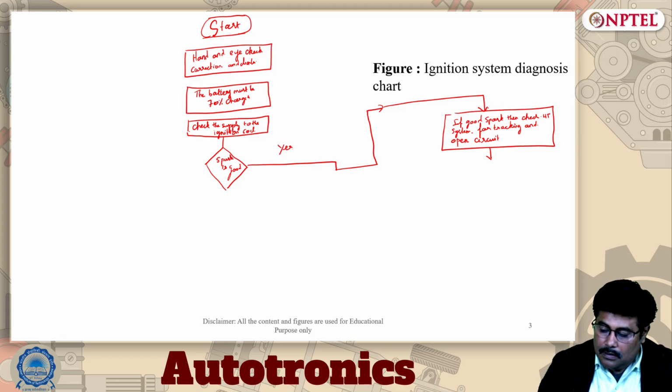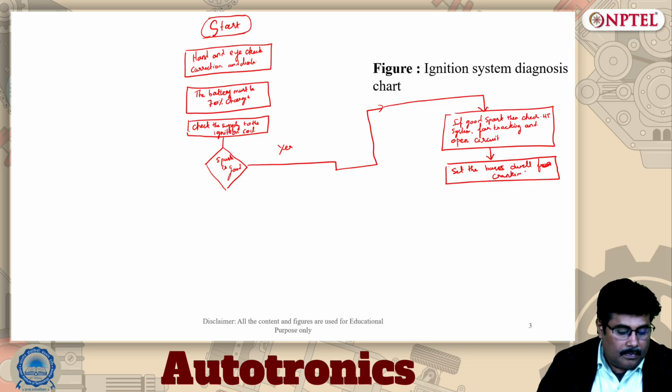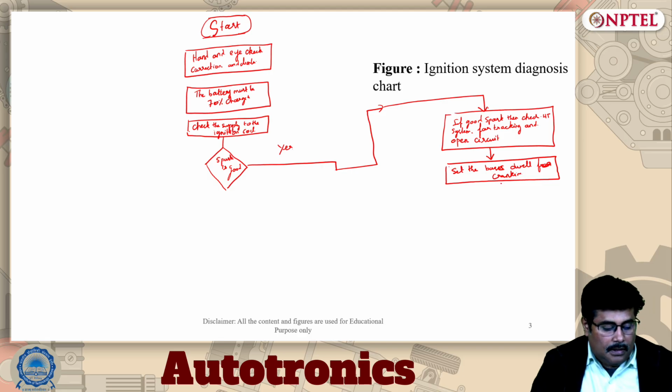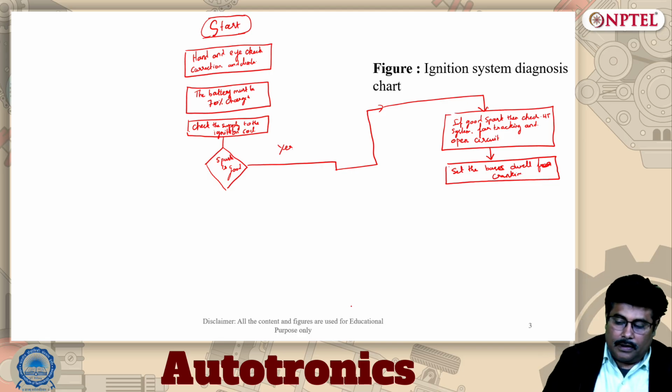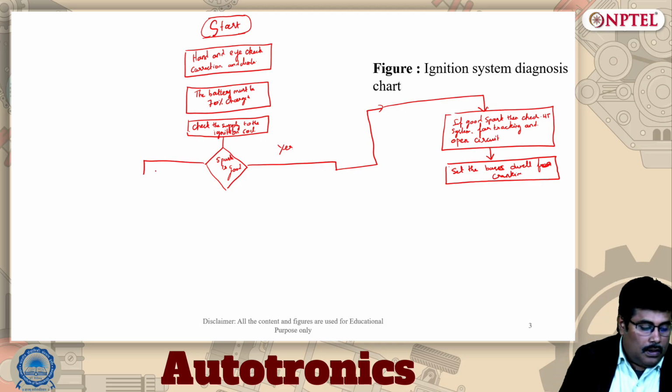Then we may need to set the basic dwell for cranking, and then we can connect it to the plug. Similarly, if there is no spark,